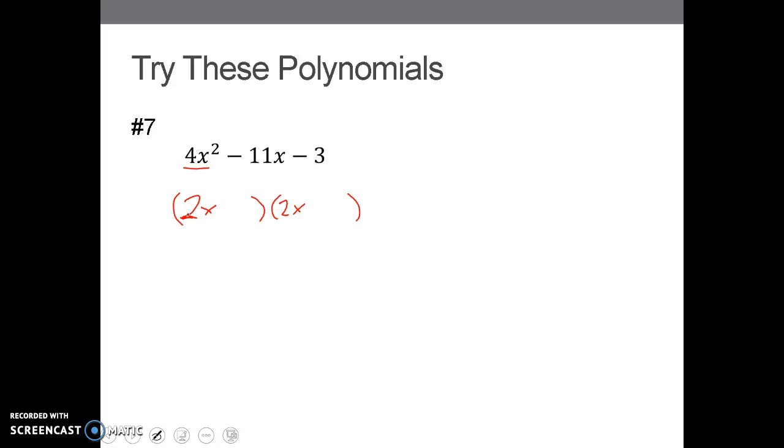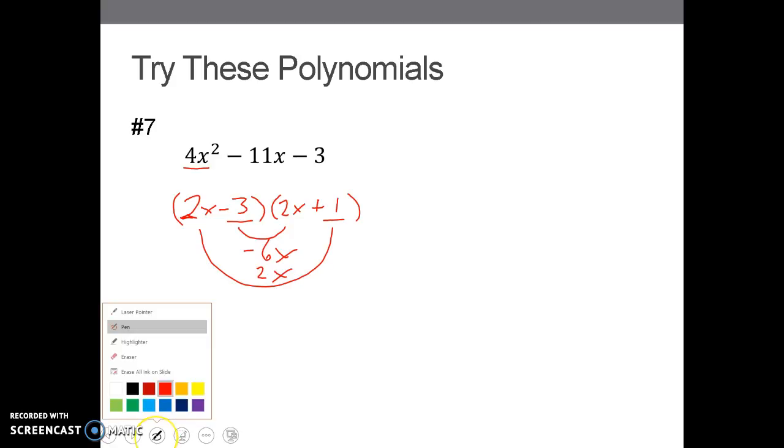So then I want something here and here that multiplies together to give me a negative 3. So I'm just going to try negative 3 times a positive 1. Check my inside terms, and I'm going to have a negative 6x and a positive 2x. You can see that that doesn't give me 11. So I can try to switch the 3 and the 1 around,